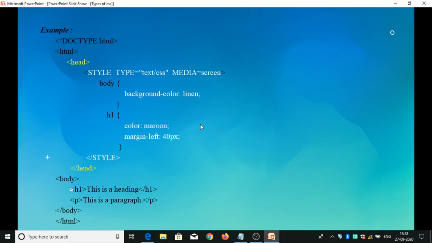In the previous class, we learned about the syntax for cascading style sheets. Just recollecting that, the selector is body followed by declaration statements that should be enclosed in curly braces. Each declaration statement has a property and a value. Here the property is background color and the value is linen, terminated with a semicolon. Finally close the style tag, where we have to include this style tag in the head section of our HTML page. This is our HTML page. The style tag is included in the head section. Let's run this program.